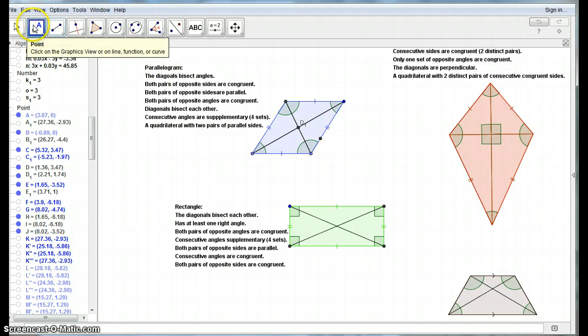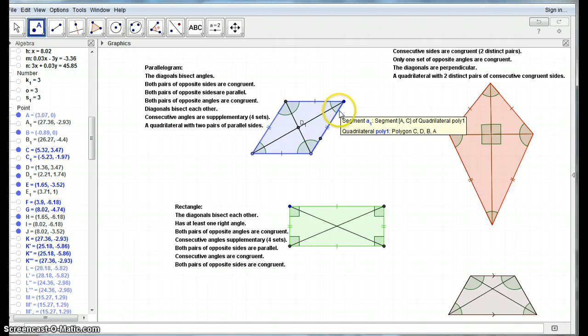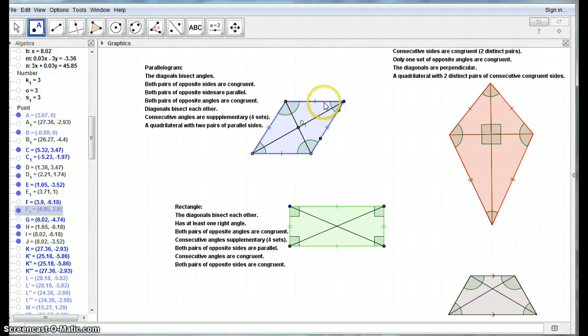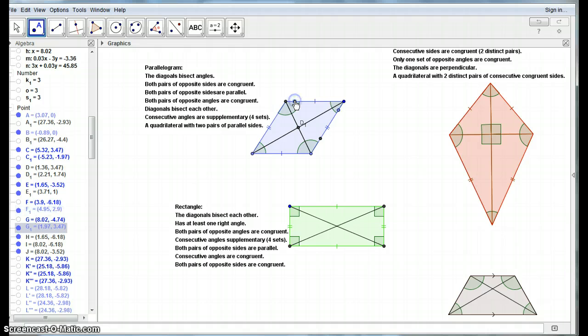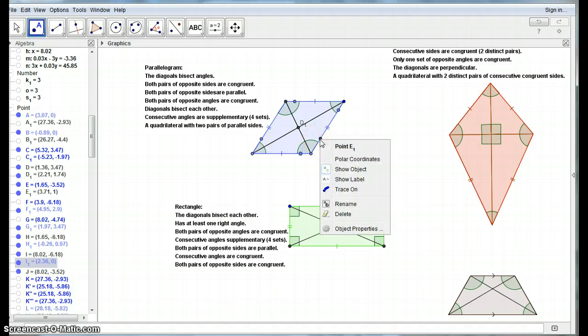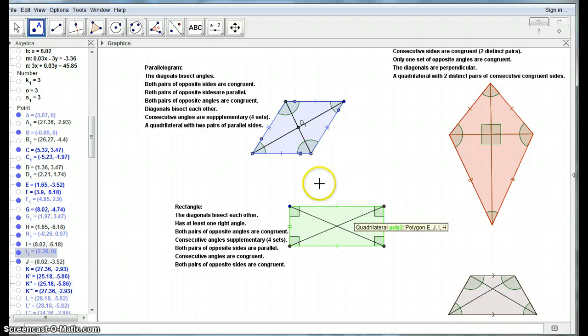Come on, points. Here, here, here, here. I don't really need this one, so let's get rid of that. Okay, and then if I add a shorter segment on here and kind of keep track of it,